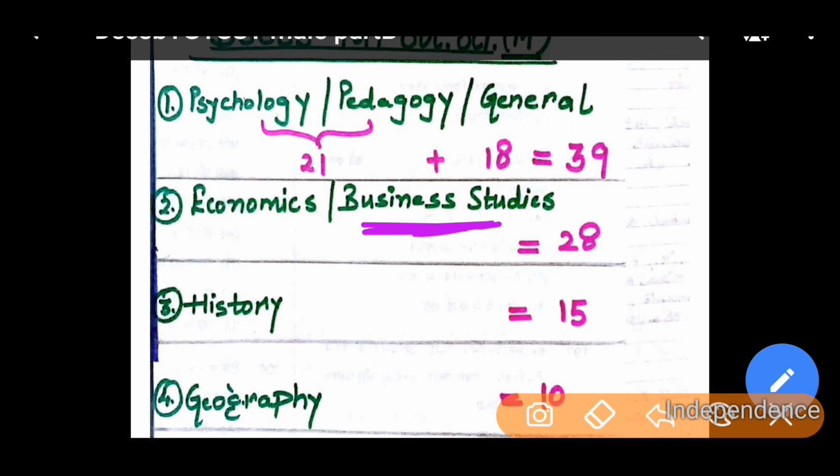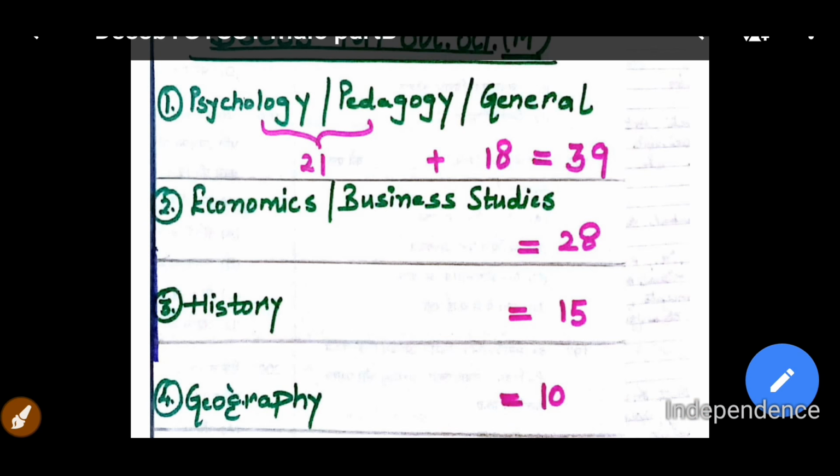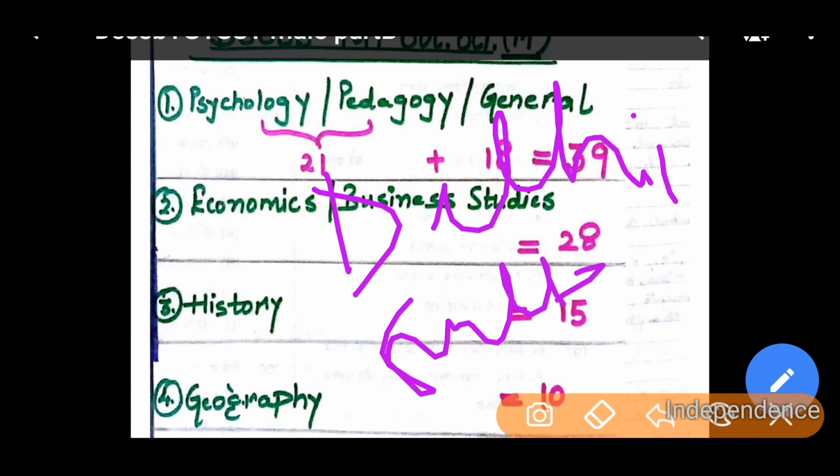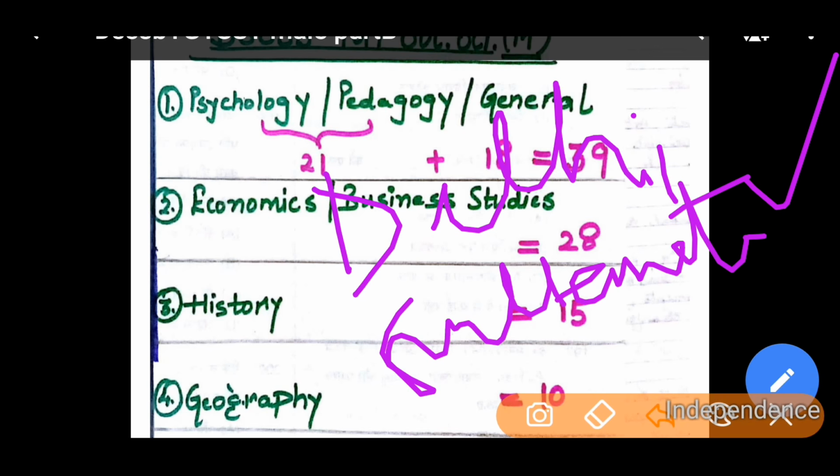And moving on to the next portion is history. So, 15 questions came from history. Well, I guess it is quite uneasy to note that the questions would be from Delhi Sultanate. If you want to make sure that all your answers are correct, you have to have a very thorough knowledge about Delhi Sultanate. Delhi Sultanate is a must.